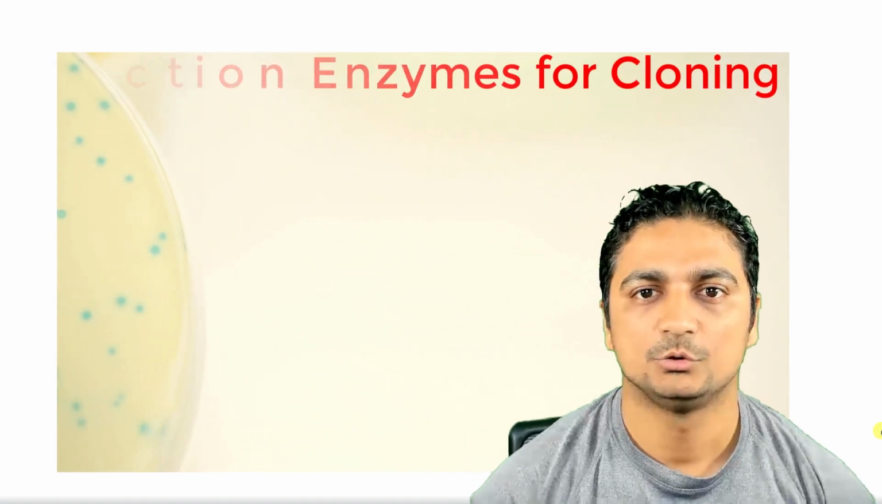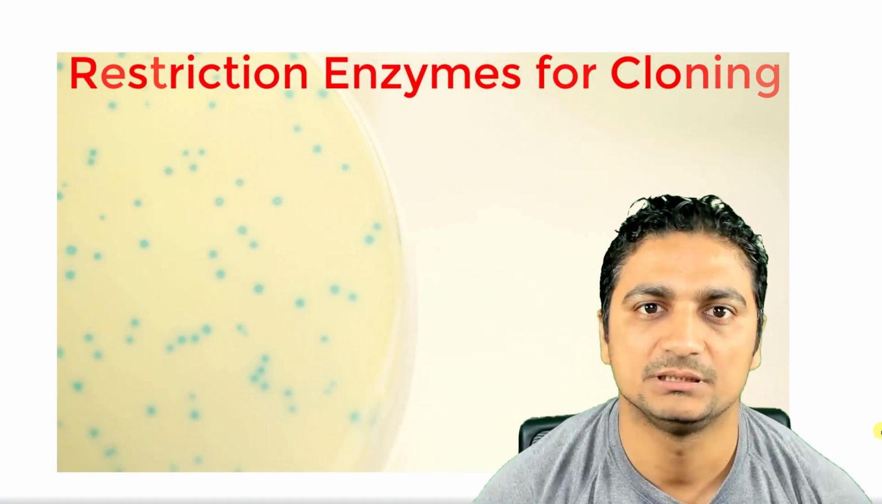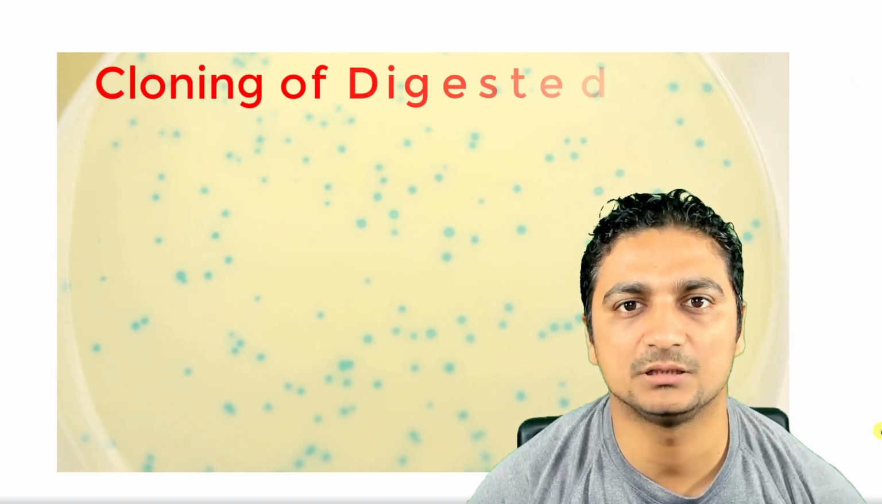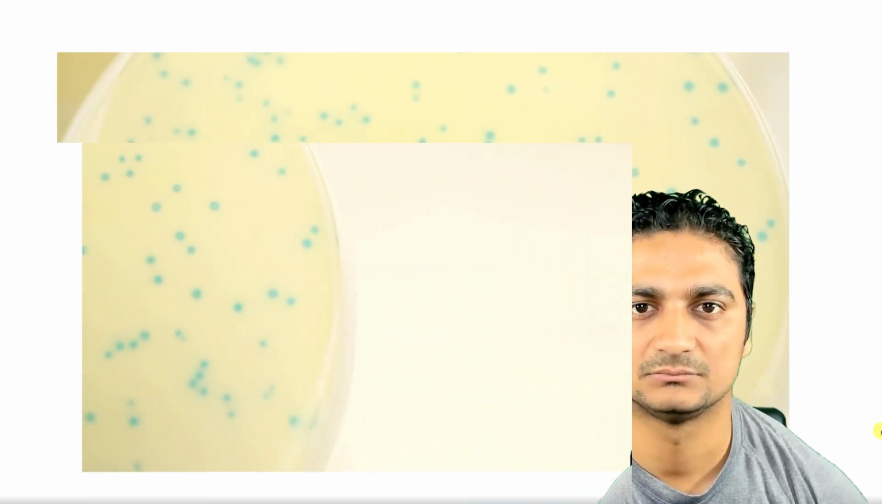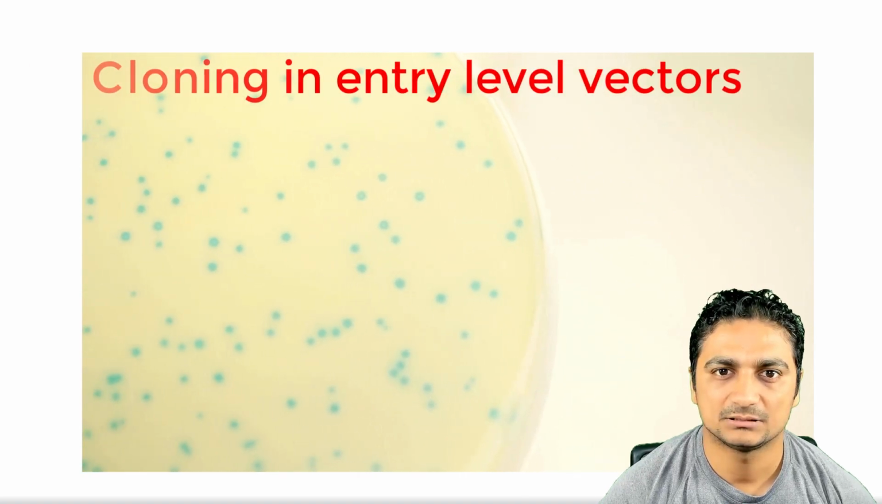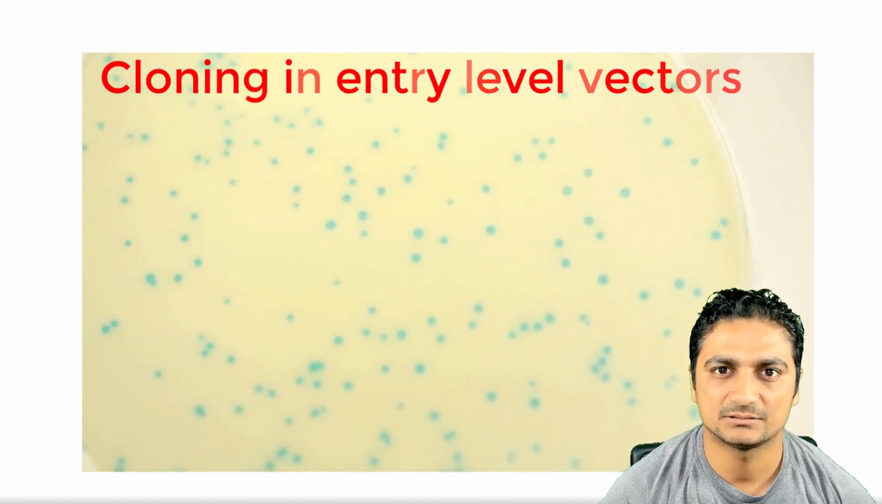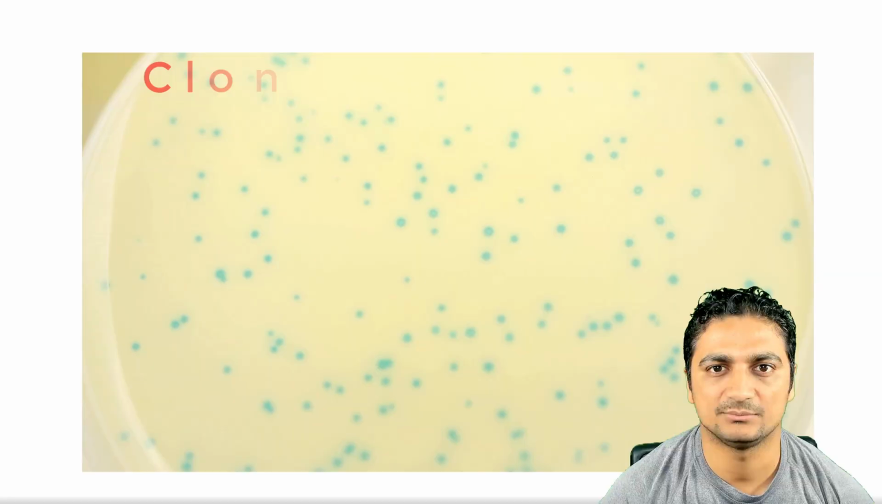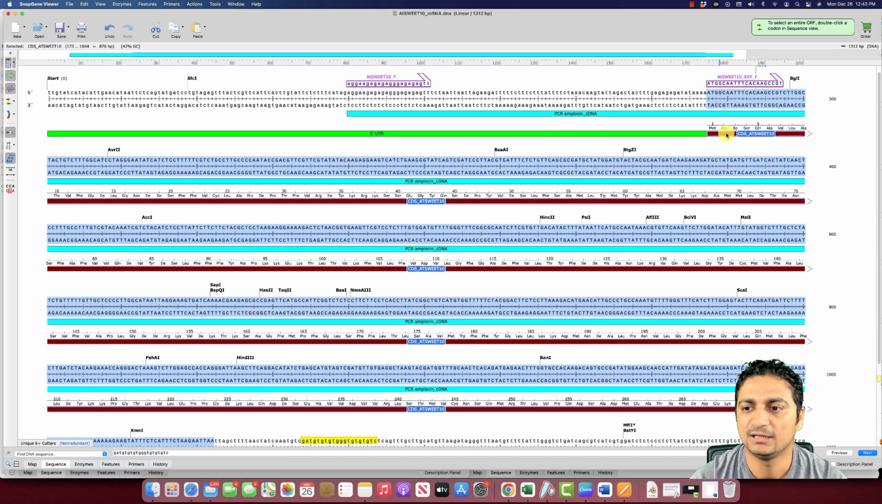Hello everyone. Today we'll be talking about restriction enzymes and digestion with the restriction enzymes, and we'll also be talking about the cloning of the digested fragments. We'll also talk about the entry-level vectors like pGEM-T Easy vectors and other different vectors available in the market. In the last video, we made an amplicon of CDS for SWEET10 gene,